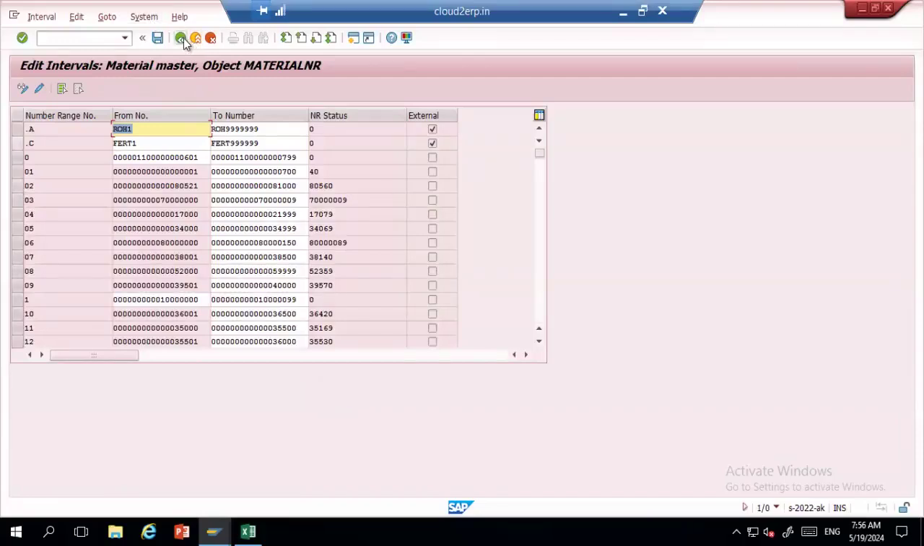Let me stop sharing because this is not preferable. This is not standard. I'm going out of standard and manipulating the system. I don't want you guys to see this because when you start doing this,